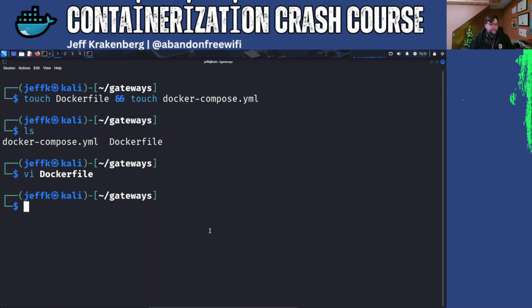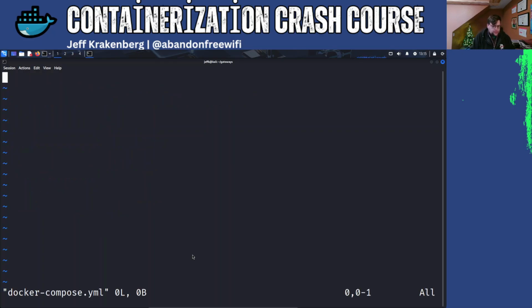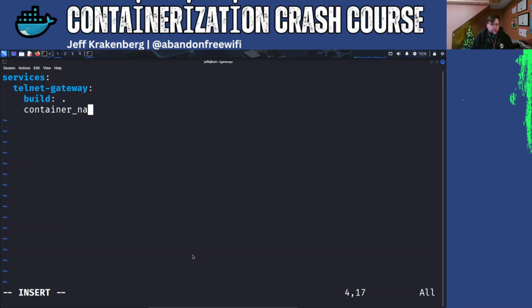We've done a couple of Dockerfiles, so I'm not going to go too deep on that one. We haven't done as many Docker Composes. Anyway, for this one, we're going to need a service for our telnet gateway. We need to tell it what to build, right? So we're going to build from our current directory. This is saying to go ahead and build the image of telnet-gateway, give it the container name telnet-gateway,